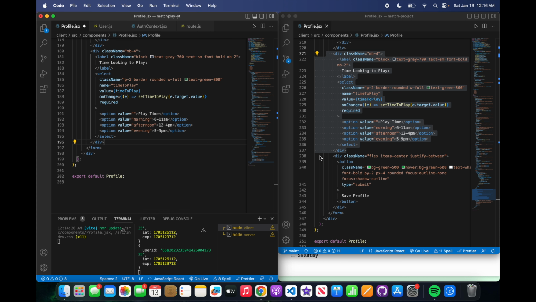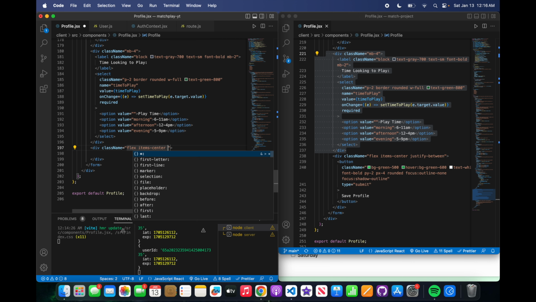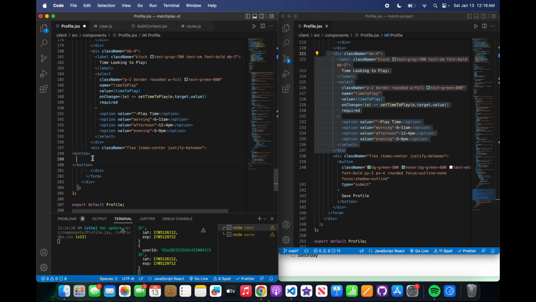And then for the button, yeah, we could build out the button together. That's fine. So for the button, all we have to say is div, and we're going to say class name is flex items-center, justify-between. I'm going to add a button here, and we're going to say it's called Save Profile. Cool. And this button is going to have the class name